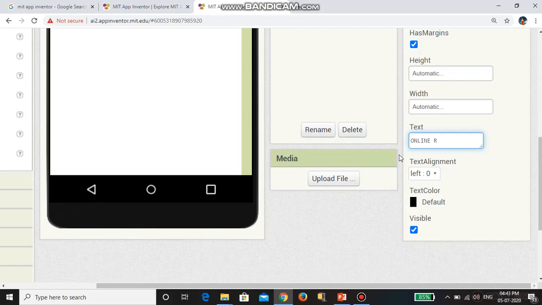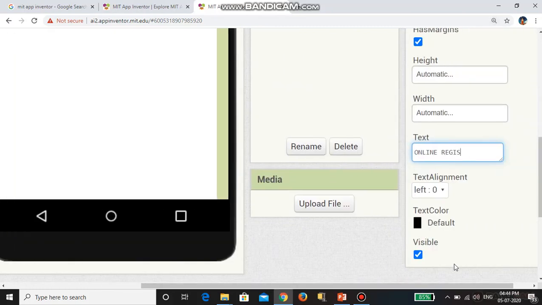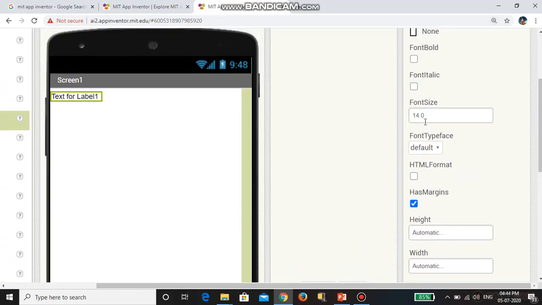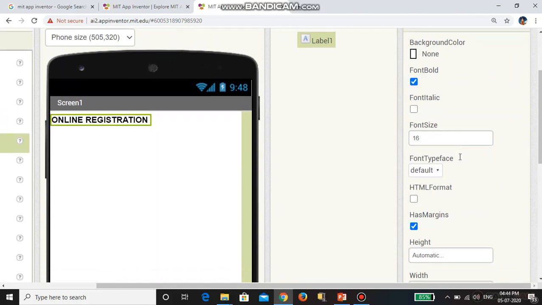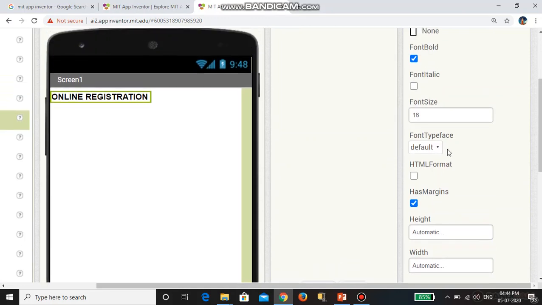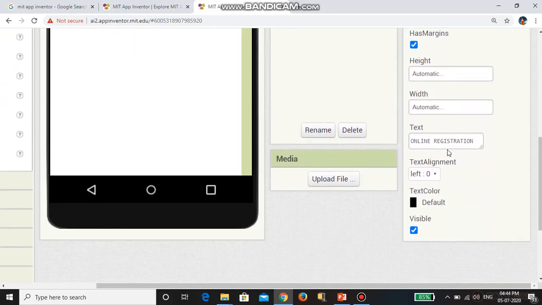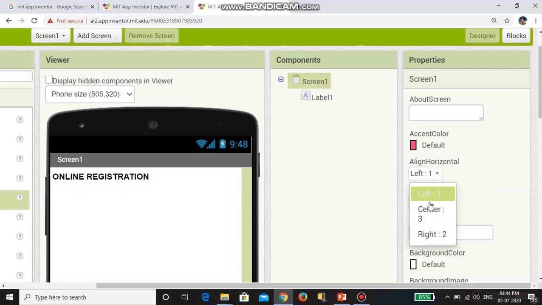Now I can make it bold, increase the font size up to 16, and make the font bold. Then I'm making it center.